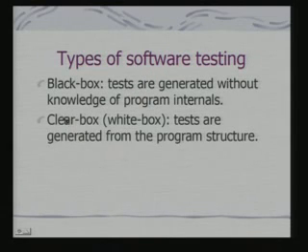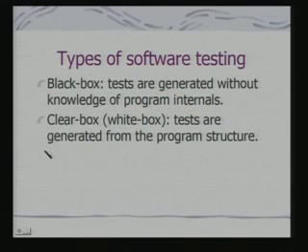What are the types of software testing you really have? Black box testing and clear box testing, and these are standard software engineering practices that have to be followed here as well. In a black box test, tests are generated without the knowledge of program internals. In fact, these tests are typically generated from the specifications. That means, given the functional specification, you should design the black box tests. Because if you try to design the tests by knowing how it has been implemented, then you may miss out certain aspects of the specification altogether.